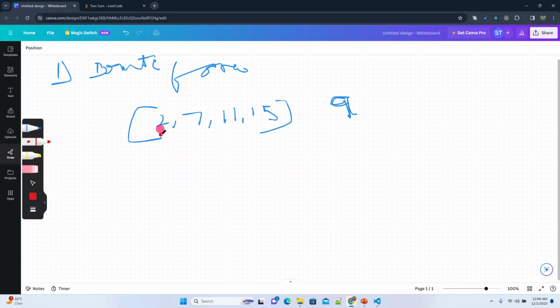We'll try to pick the first number and we'll compare with the second. We'll try to add this, the second number, right? So that we will get 7 plus 2 is 9. So you got the target. So you will return this index, which is basically